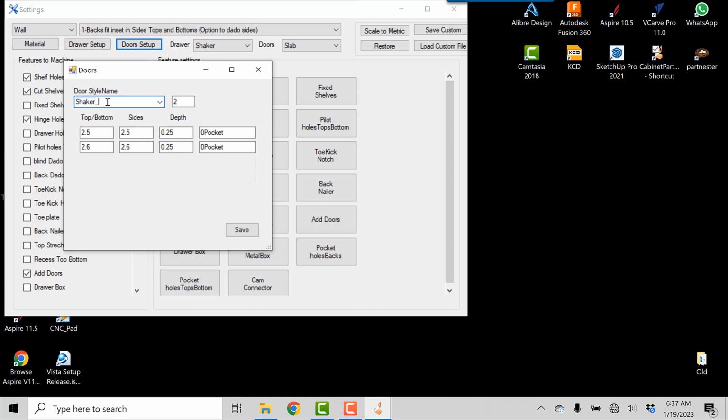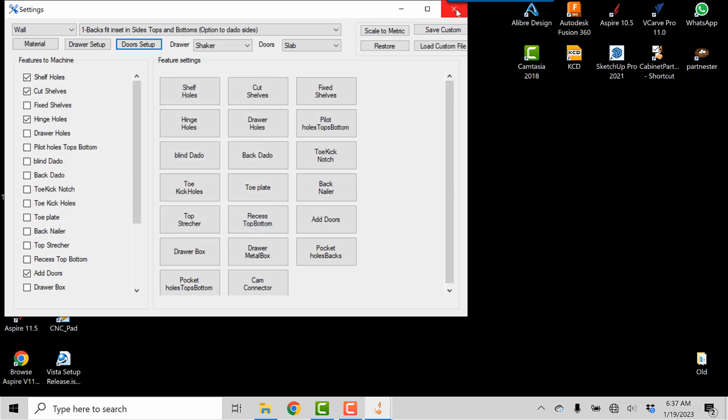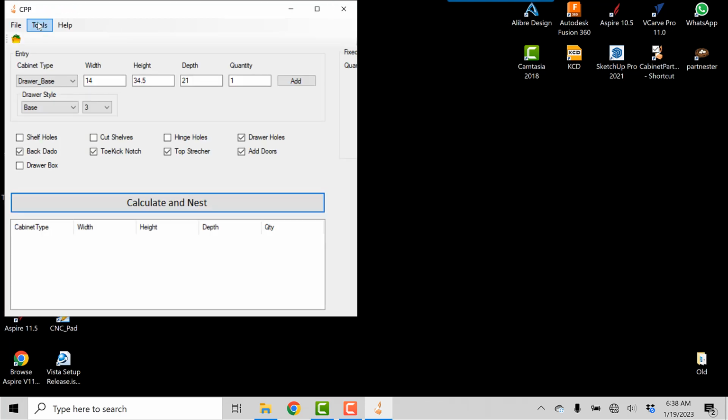So I'm just going to put in shaker DF for drawer front, and using all of the same settings here and entering in and reducing that rail. Once that is done, we will save our settings, and once we close and open up our settings window, we will have a new selection of shaker DF in our drop down box. So just by closing the settings, opening the settings back up,